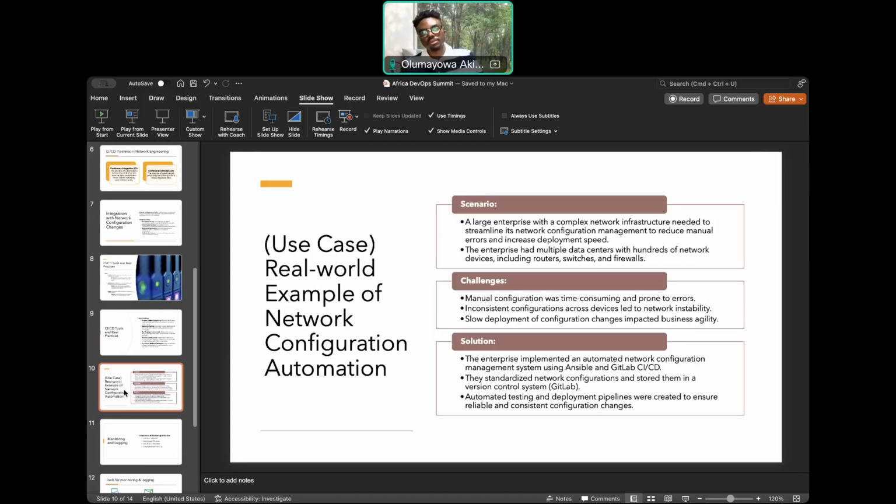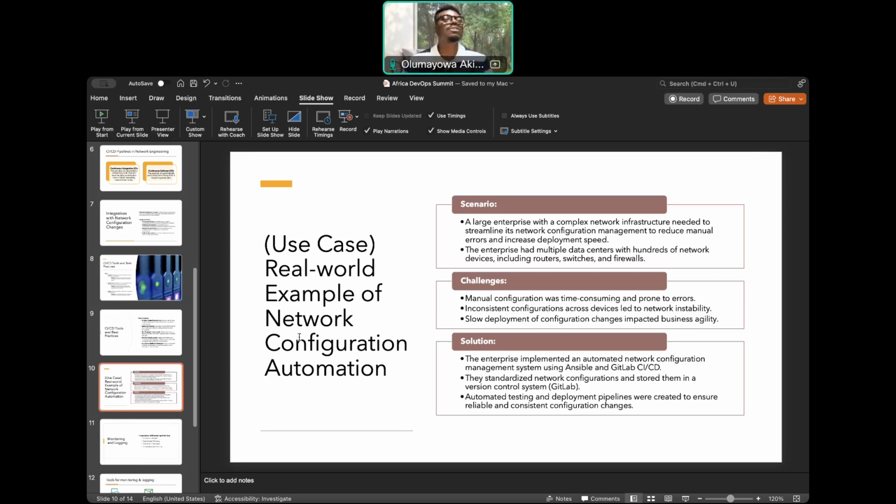So this is a use case, a real-world example of network configuration automation, I mean DevNet for network engineering. Let's say a large enterprise with complex network infrastructure needed to streamline its network configuration management to reduce manual errors and increase deployment speed. They don't want errors during configuration, and they're trying to deploy faster.